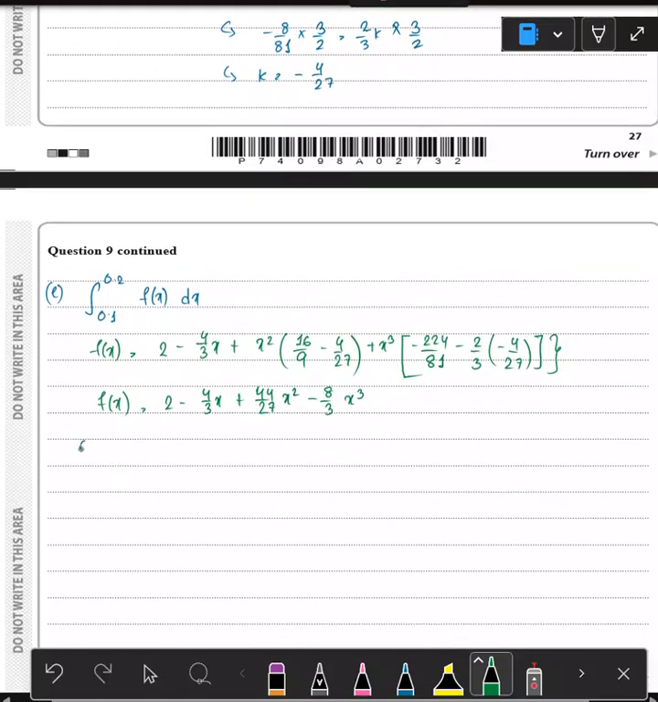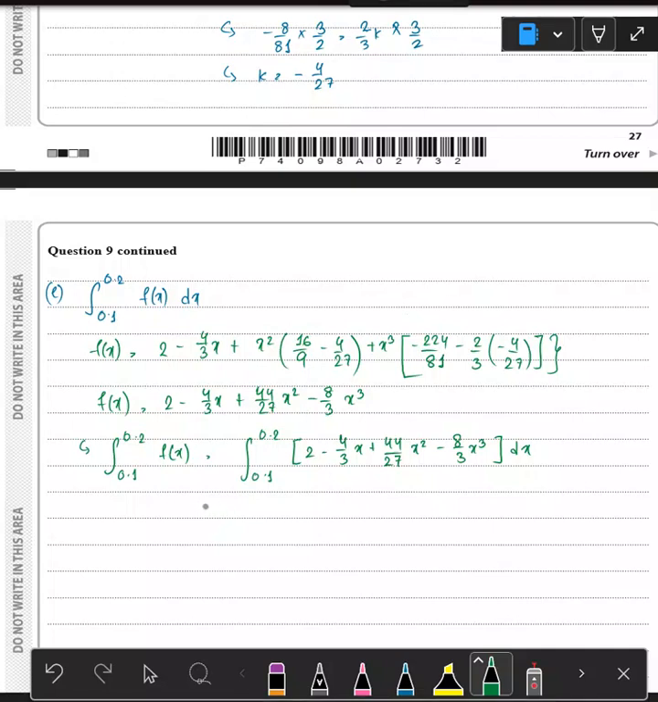So now if I put this here, 0.1 and 0.2 f(x), so f(x) is 0.1, 0.2, and then this is 2 minus 4 by 3x plus 44 by 27 x squared negative 8 by 3x cubed. And since this is in terms of x, so this would be dx here. So integration